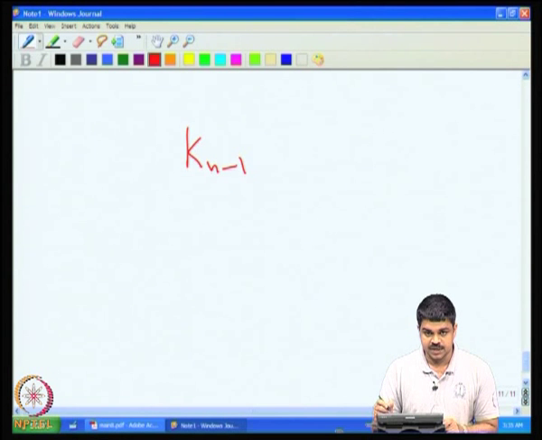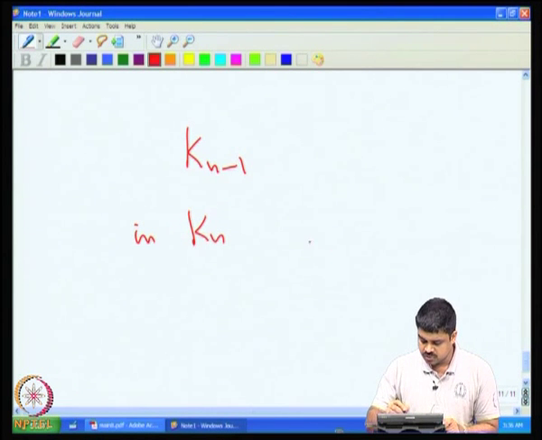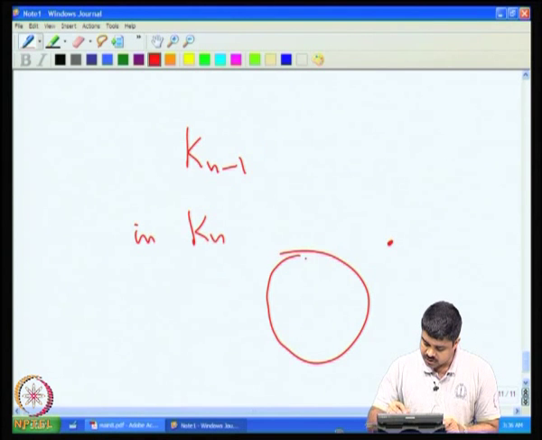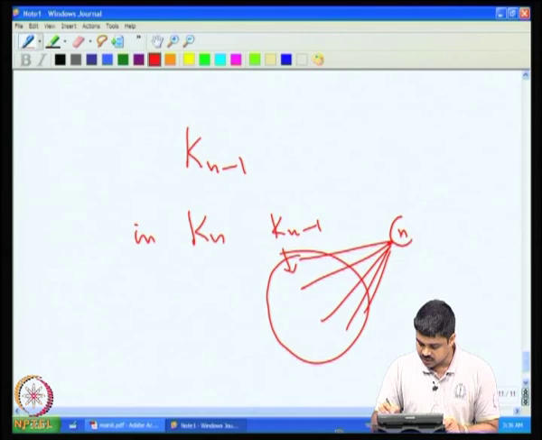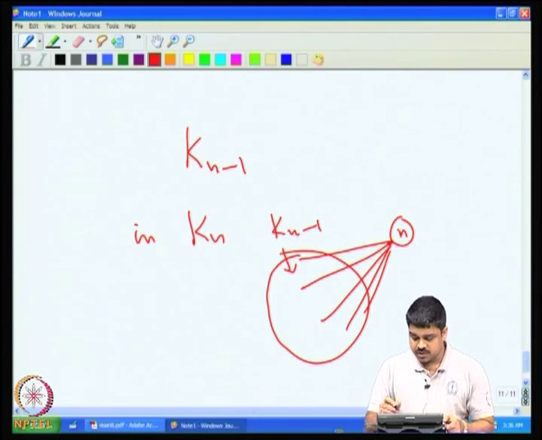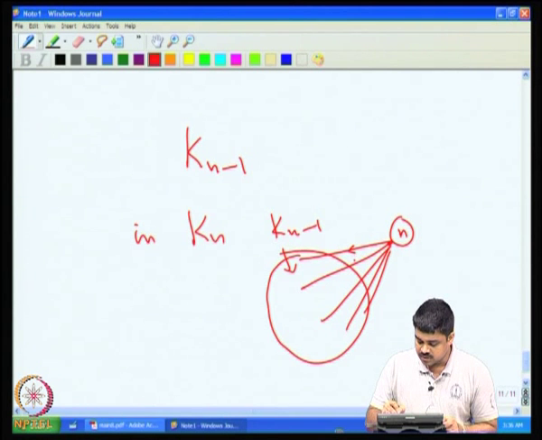We can end up with a directed Hamiltonian path. So now how do I show that in Kn also it is possible? We will take the last vertex. You see, it is connected to all the vertices in this Kn minus 1. This is the Kn minus 1 and this is the last, nth vertex. Irrespective of the directions you give to this,